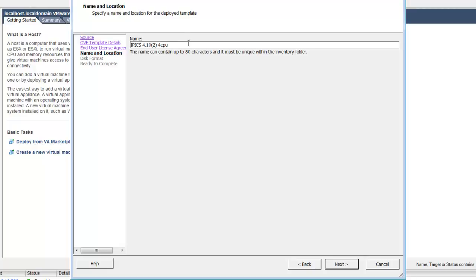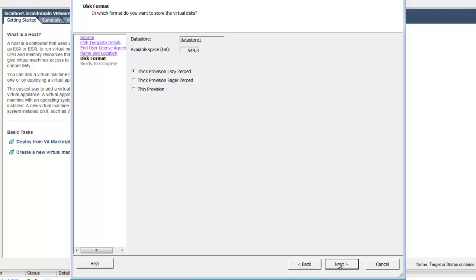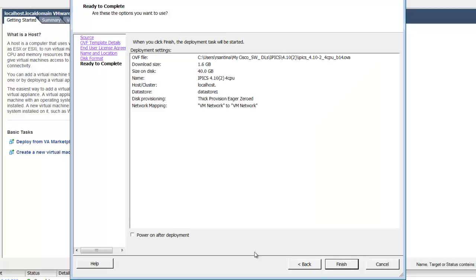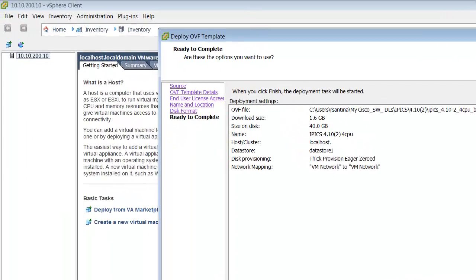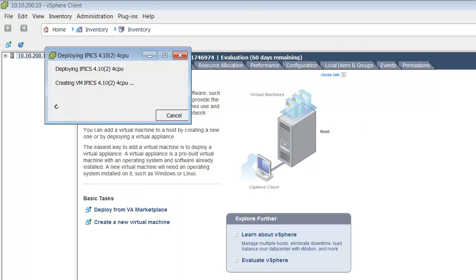And when I install the rest of the OVAs, you'll see I'm going to truncate a lot of the video here so you don't have to watch a 15-minute video of me typing. I like thick provision eager zeroed. Not going to power those on after deployment. I like to manually do that later. And here we go. We're creating our first